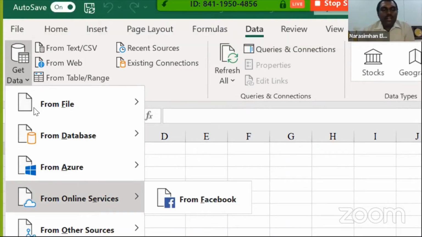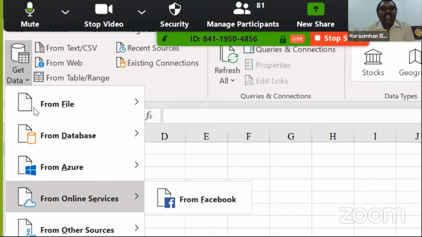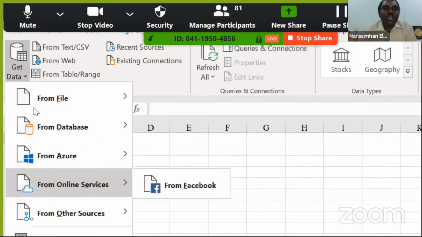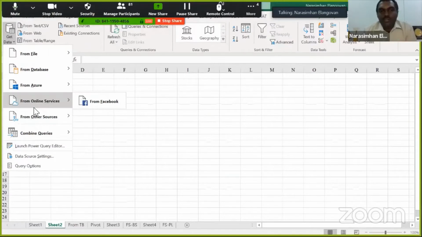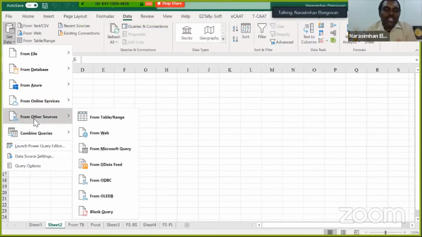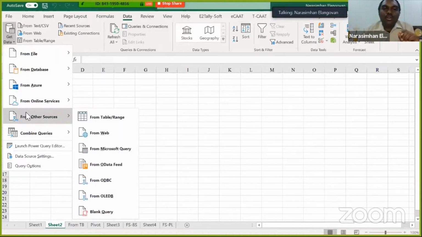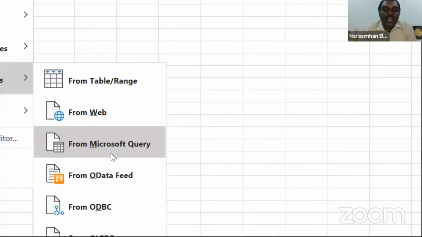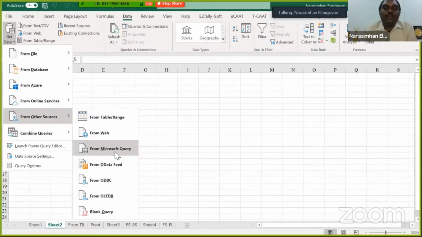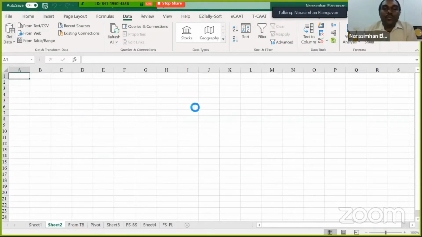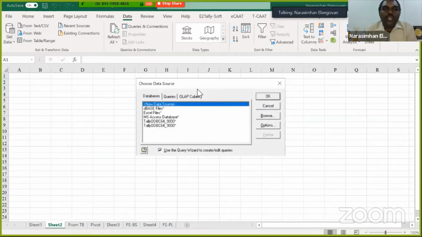Or Microsoft 365, it's called today. So mine may be slightly different compared to what you folks are seeing in your office. Maybe if you're using the same version or a slightly different version, options might change, but nevertheless this option is there. Go to Data, from there go to Get Data, from there go to Other Sources. In that, please click on Microsoft Query. The moment I click on Microsoft Query, one small window will appear like what you see on the screen.